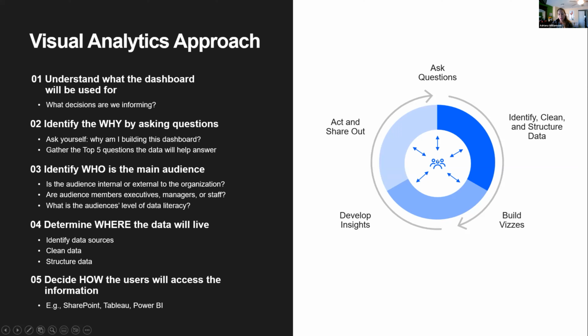Because that's the first thing that is going to help you determine: does this dashboard need to be an executive view for my C-suite? Does it need to be a management view for my manager? It's just a different view, a different level of detail for managers than for your C-suite, or for your operation analyst, for example. So understanding who your client, your audience, or your stakeholder is, is super important, because then it's going to help you